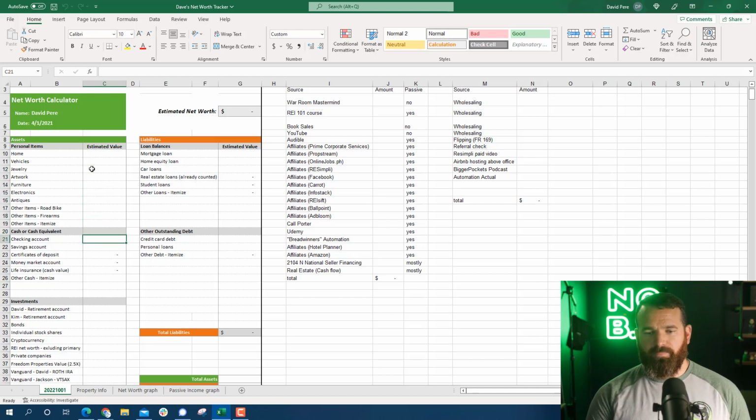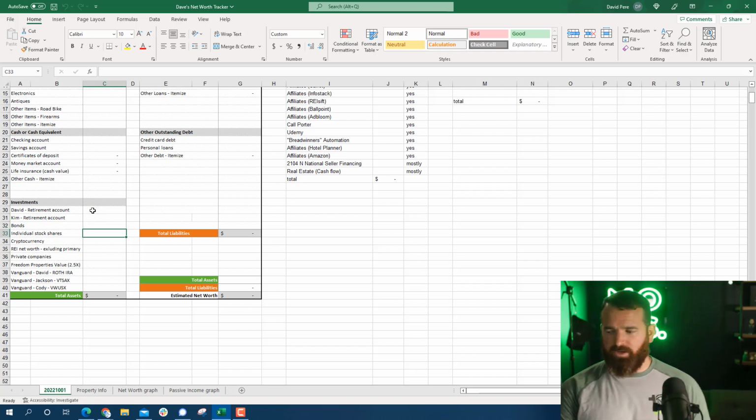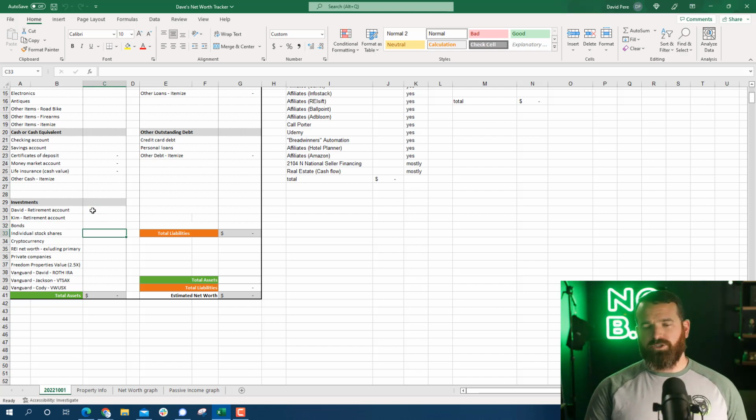So whatever you got. Checking account balance, savings account, if you have certificates of deposit, money market, if you have a cash value life insurance, other cash, right? Those are your assets. My TSP, my wife's retirement account value, any bonds you have, any value of stock market or stock shares that you have, any cryptocurrency that you have, your net worth from your real estate investing, excluding